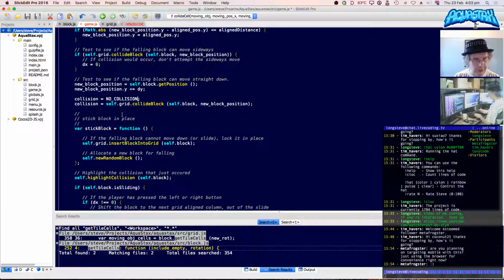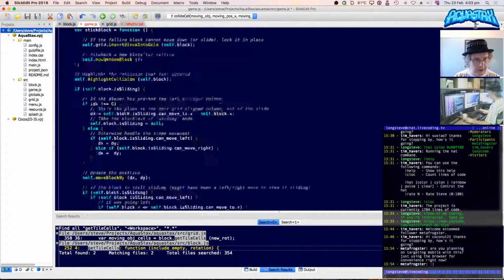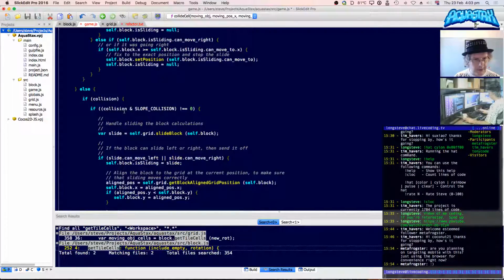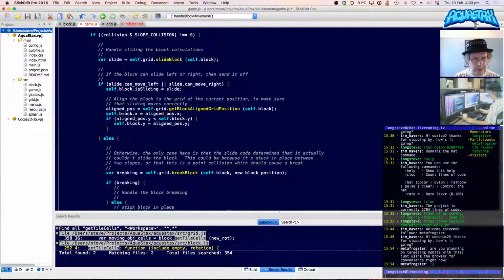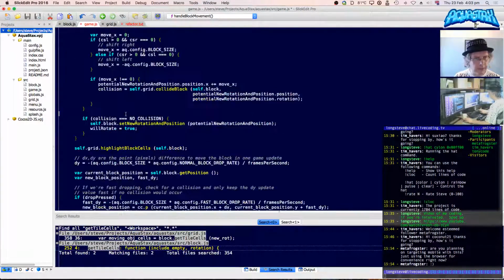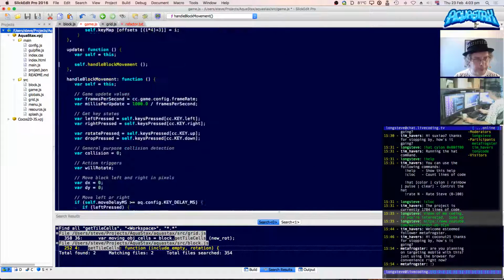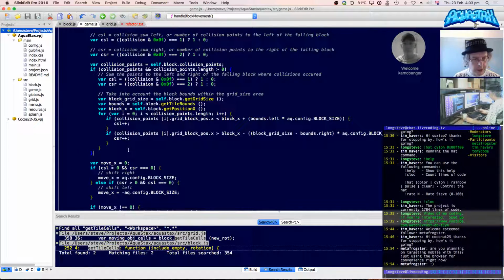Set collision to no collision there. If collision just not equals 0, I'm going to leave that one in there. There we go. That might help me not get too confused in the future.